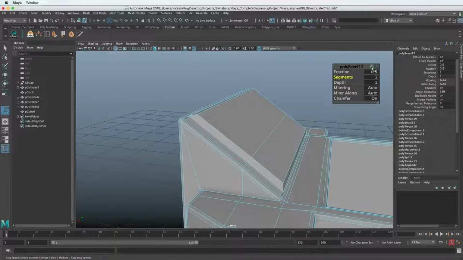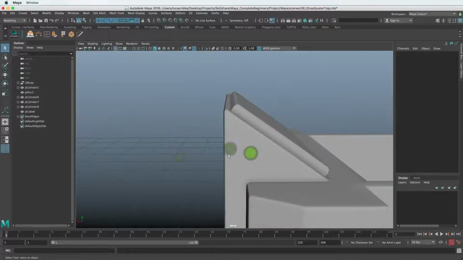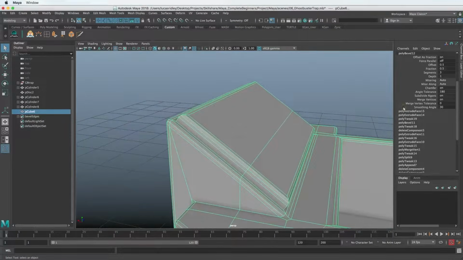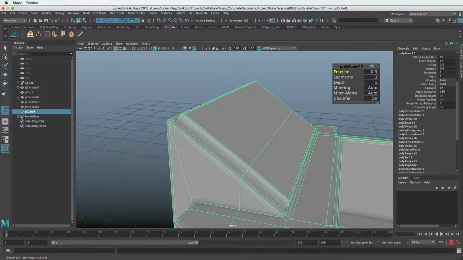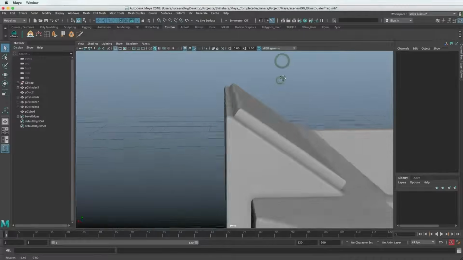Now I need to speed this back up because it wasn't really working that well because it was going so slow. So now we have this element modeled. I think what I'd like to see though, hit T again, I think that fractions maybe is too much, or we need more segments. It was kind of too faceted. You could see the edges a little too much.